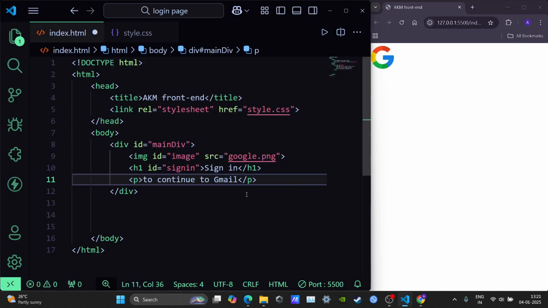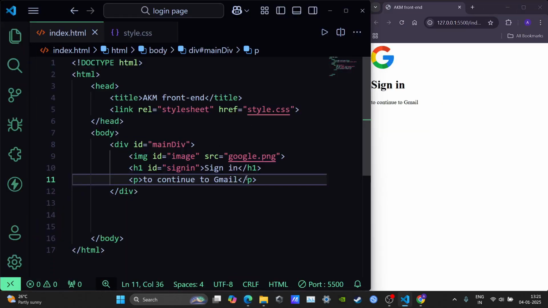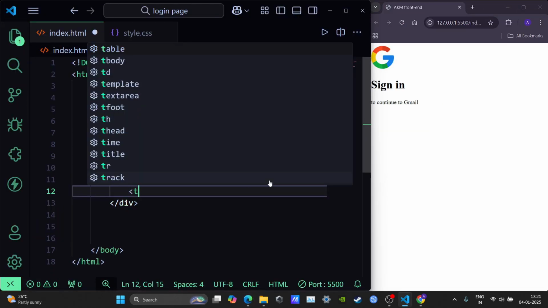Okay, to continue to Gmail. You can see "to continue to Gmail." Okay, let's see what our next elements are. We have a text box, we have a forgot email password. Okay, we need a text box to input all this. So we will